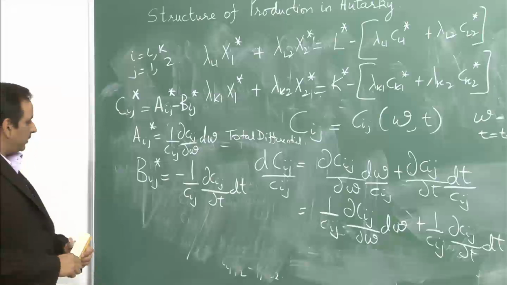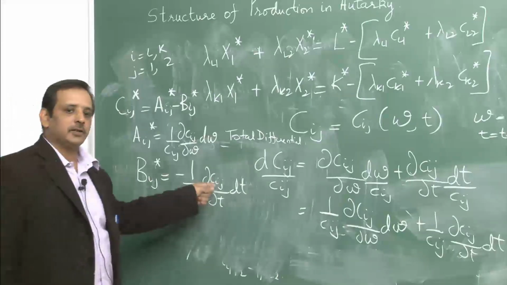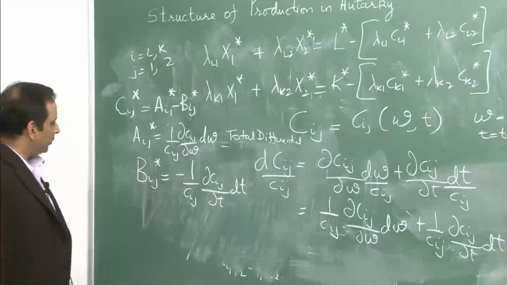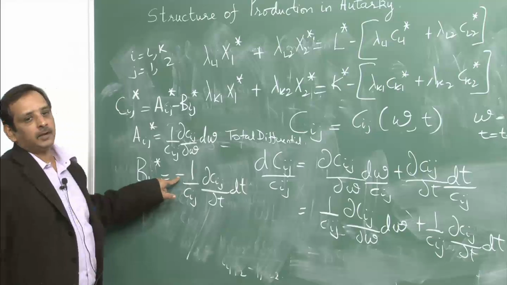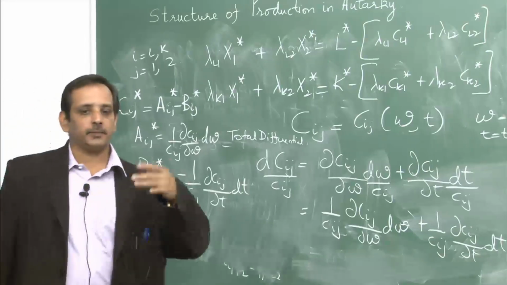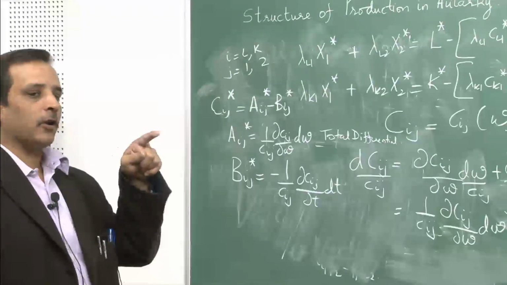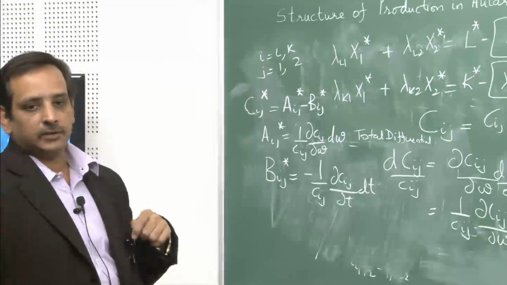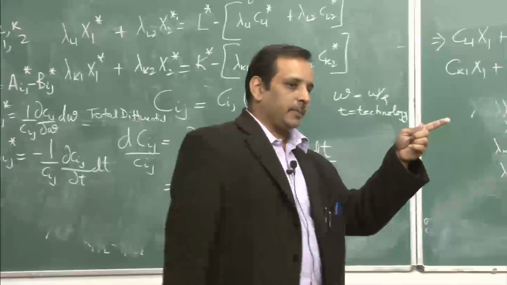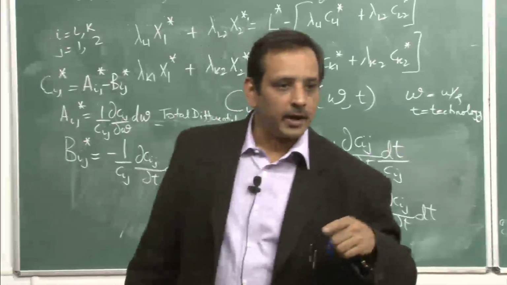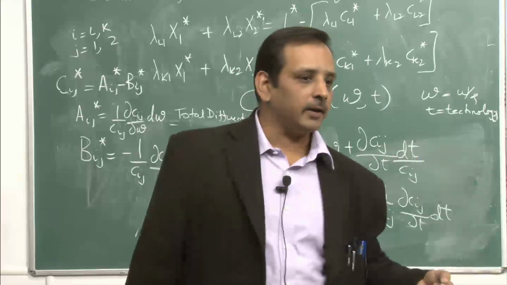Now, you can see that this Bij star, which is a reflection of how technology affects the input output requirements, comes with a negative sign. Remember the law of demand, which says that price and demand are inversely related. So, when you write a formula for price elasticity of demand, you write it as the proportionate change in demand divided by proportionate change in price, but there is a negative sign